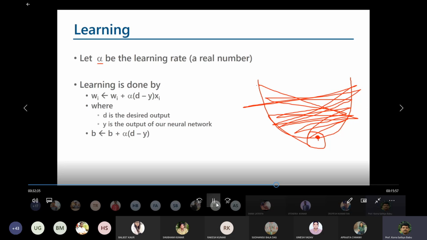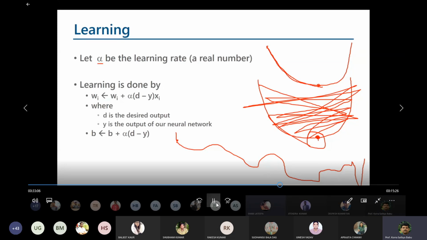If it is a low learning rate, then suppose for a low learning rate, what happens? It comes very slowly like that, and then it comes here. But this type of diagram is a very easy diagram, no problem. But assume that it is given like this, and now you try to find the local minimum. Then if the learning rate is very small and you are here somewhere, what happens?